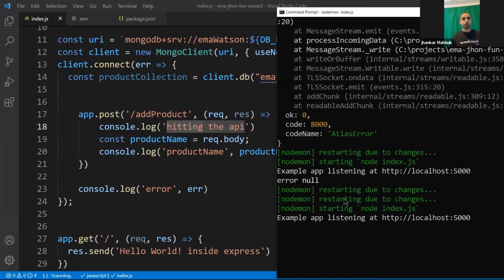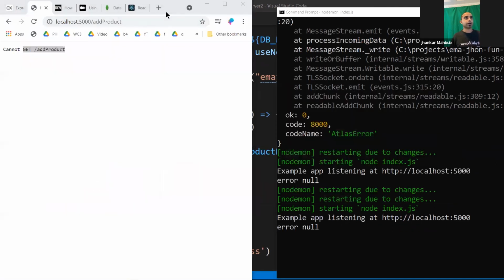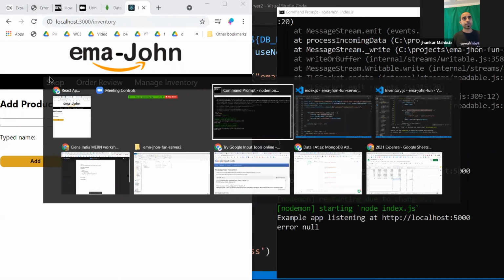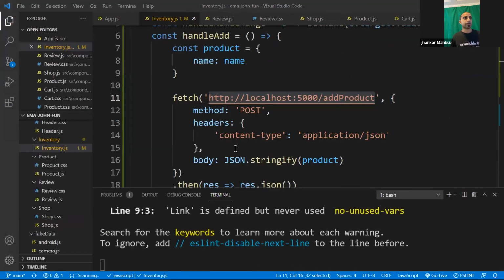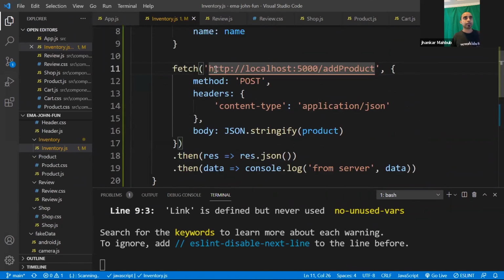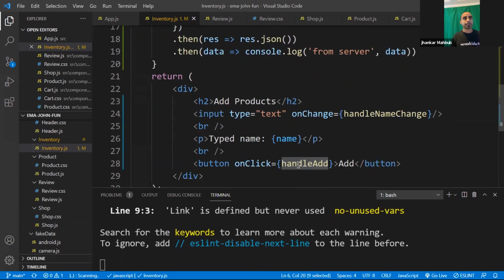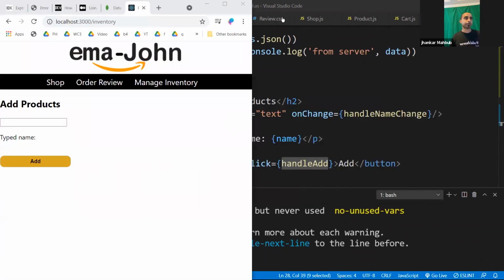So we have this node1 localhost, and it doesn't have any error. That means we are getting here. So right now, if we come here, and we reload this guy, so that we saved everything we did here on the client side. We have everything on localhost, and this is called inside whenever you are getting the handle add, and this is connected to the handle add, and it's not hitting for one specific reason.